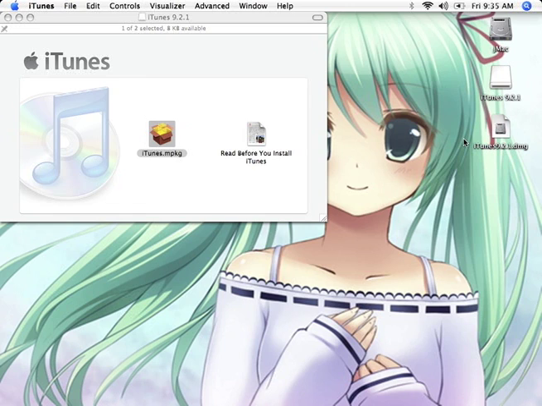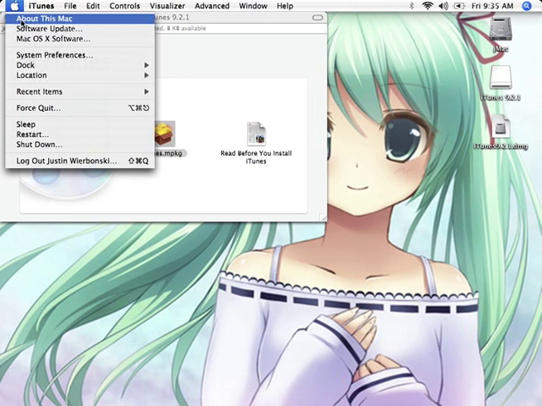What I'm going to show you today is how to use an Apple Powerbook G4 in 2016. That's right. I am using a computer that was made in 2004 in 2016. This is a Powerbook G4 12-inch model. Let's just go to the About This Mac and you can see